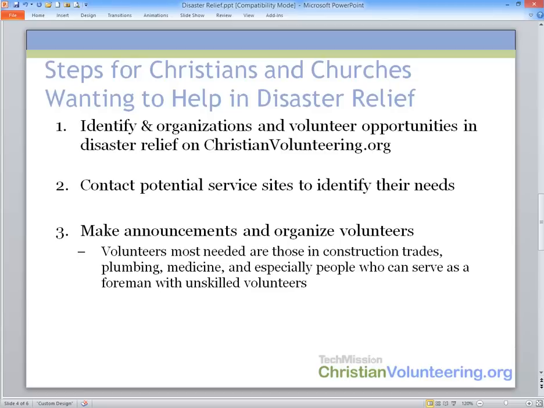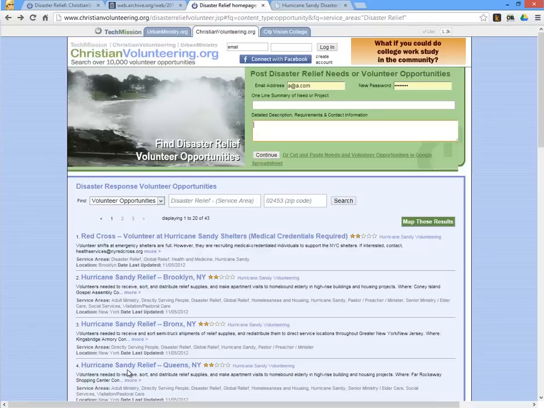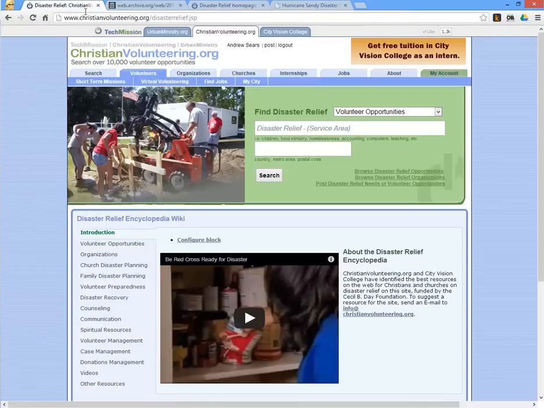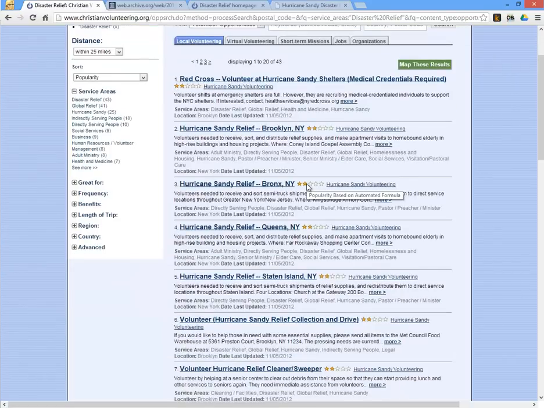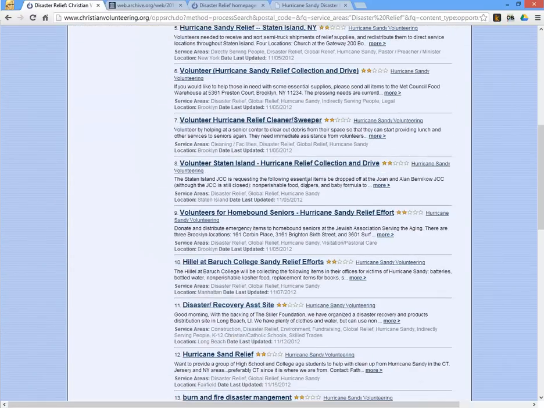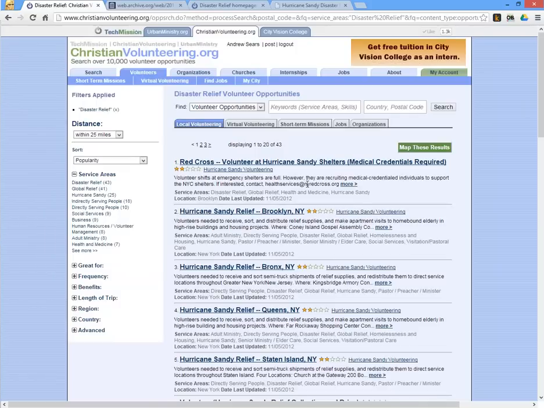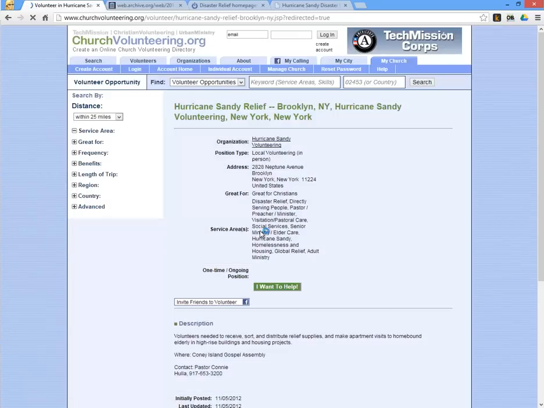So the way you can do all of that on christianvolunteering.org is you go to the christianvolunteering.org disaster relief website, and you can just do a search of all the disaster relief volunteer opportunities, and you'll find out, this is right after Hurricane Sandy happened, we have 43 volunteer opportunities. Most of them are related to Hurricane Sandy, but this is a way that different Christian organizations can find needs, and you might say, I want to help out with this Hurricane Sandy relief in Brooklyn,